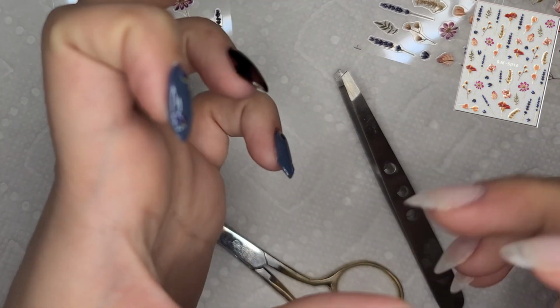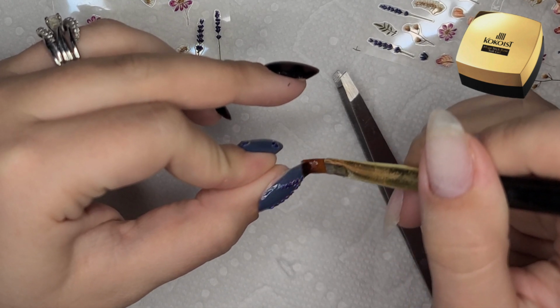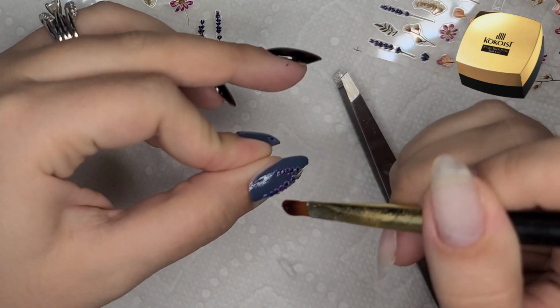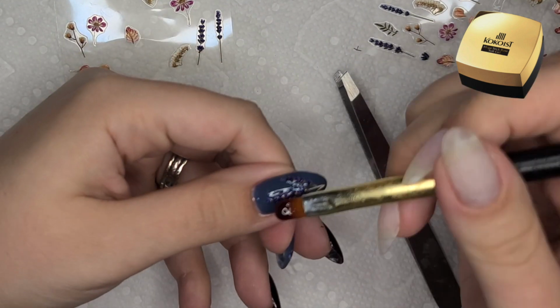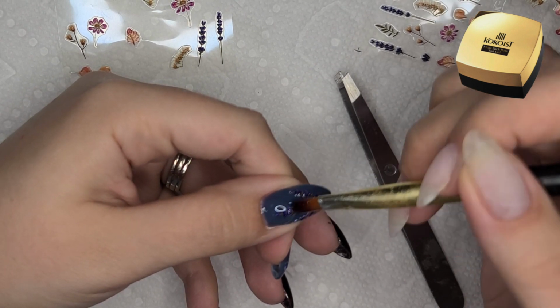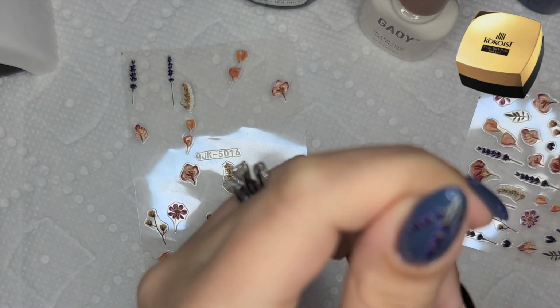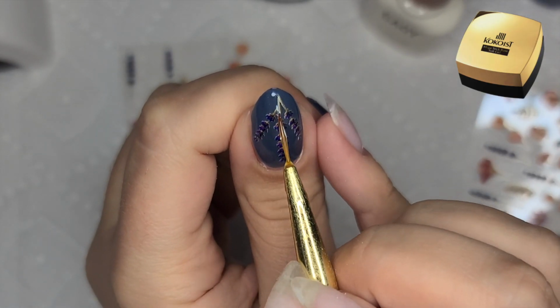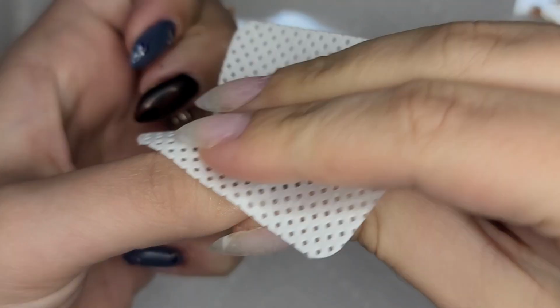I love how the thumb turned out. This is my favorite nail. I placed the flowers in like a little bouquet type shape because my thumb has the real estate for it. Hanging my thumb upside down to let the gel level, let gravity help me level my gel like I wanted,